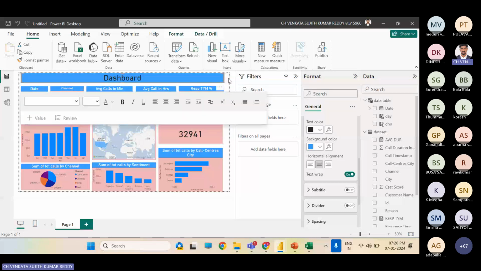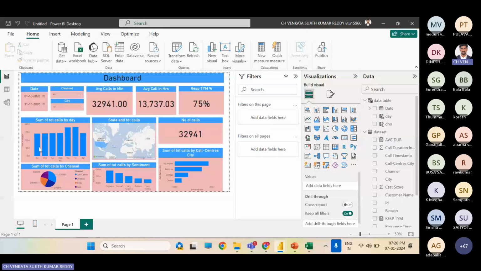So here, for example, I want to check how many calls I got, I mean the duration with emails, from which states and how many, from what call center cities, and what the sentiment analysis is. And channel, automatically it will select only one. And what else do we have? Yeah, response time, everything.